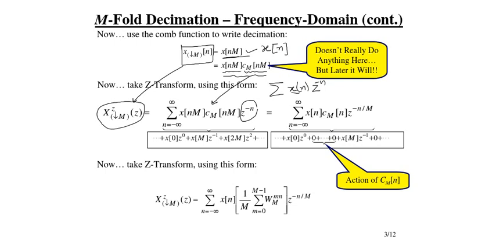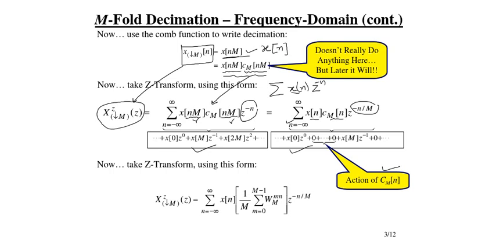Or we can actually change the index. So we substitute a dummy variable in place of n, let's say we replace n by r, and then r is replaced by n again, right? So the limit will be the same, and this will be x[n] c_M[n], and this will change. So it will be simply n by M. So if we open this series, we can write it in this way, right? These zeros are introduced due to this particular c_M[n], right?